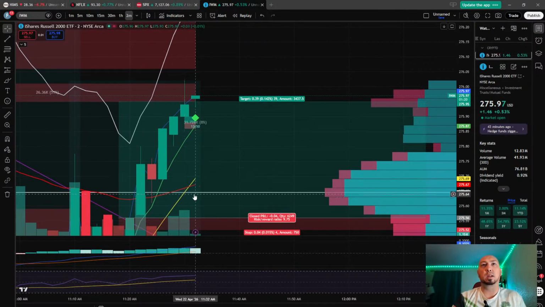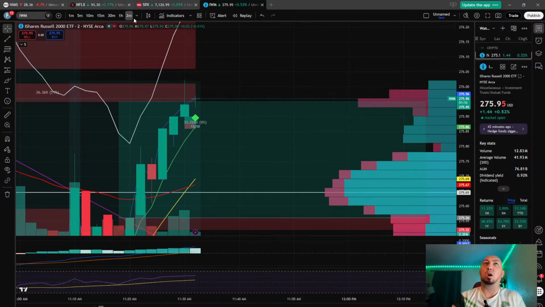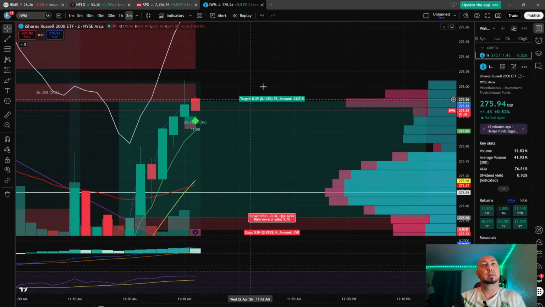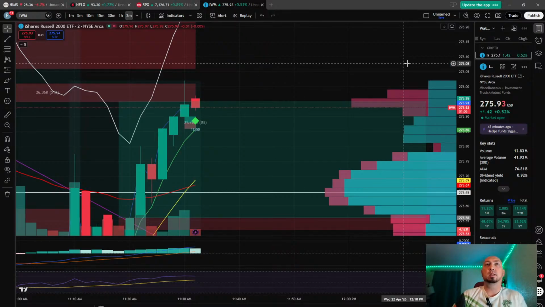Okay, we have 13 crossing 50 right there. That is a very strong bullish movement. We are on a short time frame, so it's not super great, but it does show that it's trying. There's the red I told you about. There's the red. Now, if I had taken it at the top of my target right there, I wouldn't be losing profit right now. So was I being greedy?